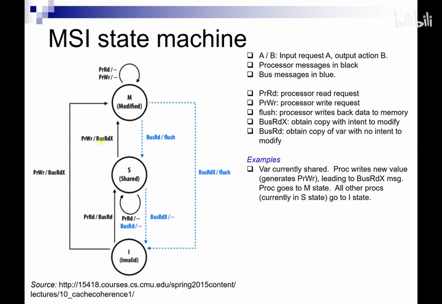Okay, and then this is going to cause a bus read exclusive message to get sent on the bus. You see that this is the action that we want to take, and this is the consequence or the output that happens as a result of this input request. Now, what's going to happen is that